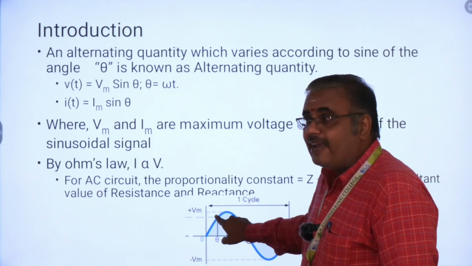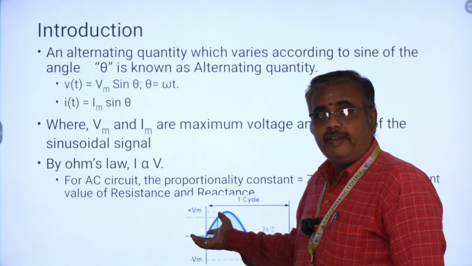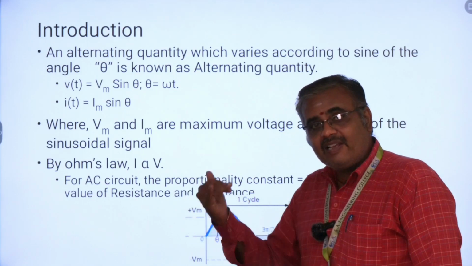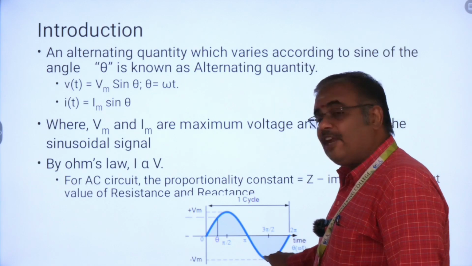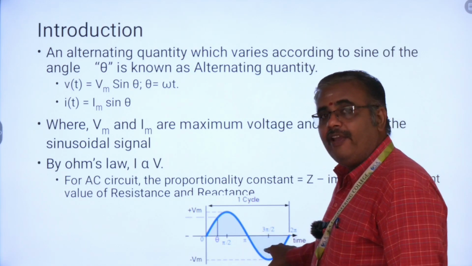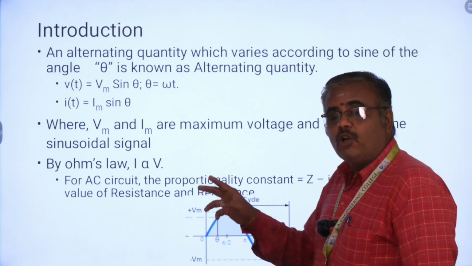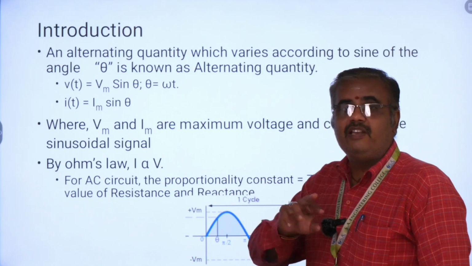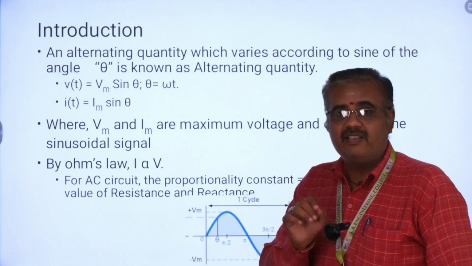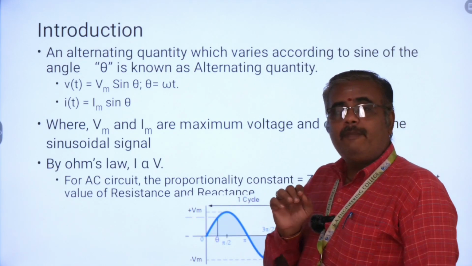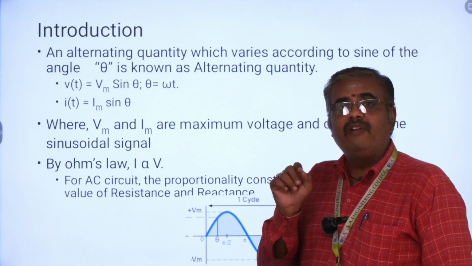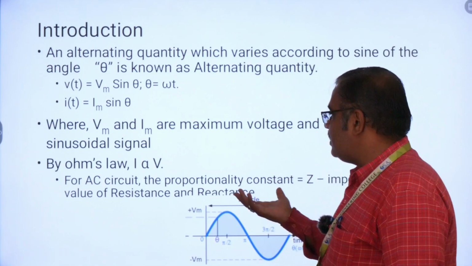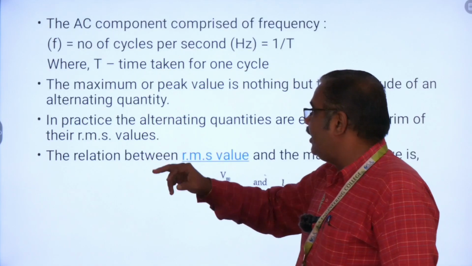Note that the magnitude may not be equal to that of voltage. The current flow will have a lesser magnitude than voltage. When it goes to negative maximum, the current flow also will go to negative maximum, which means that the voltage and current are in line with each other. That is called in phase. Therefore, the phase angle between voltage and current will be equal to 0 for the case of a pure resistive circuit. Now when we consider a pure inductive circuit,